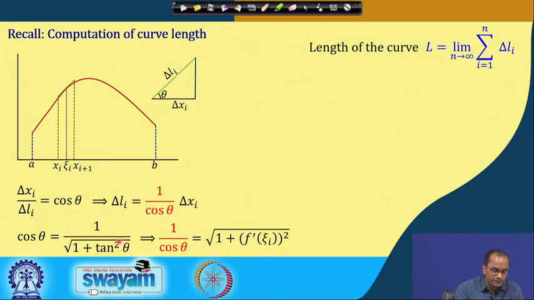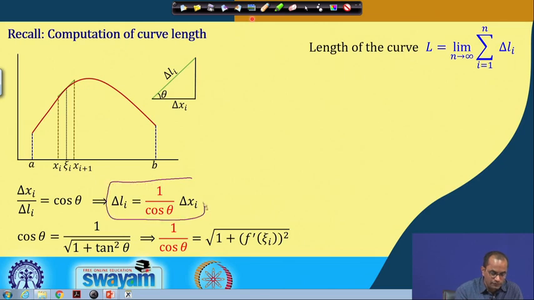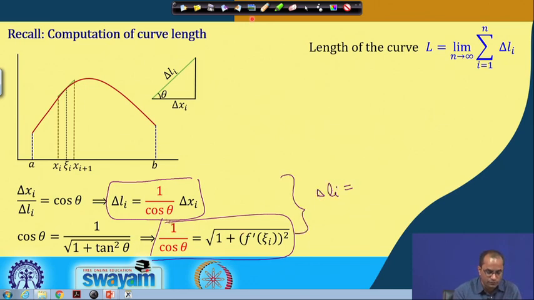So we have replaced tan theta by the first derivative at xi_i, squared. Now, out of these two relations we can remove 1 over cos theta, and we get delta L_i equal to